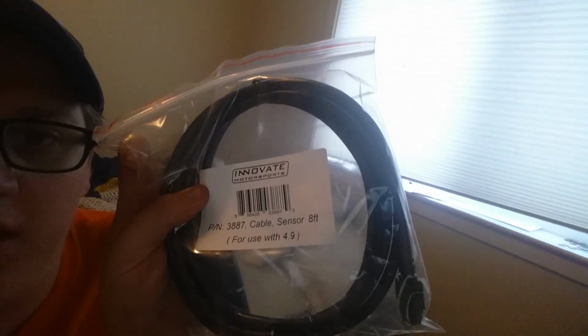throttle body. So that's that, and then the other thing we were waiting on to get started was a wideband O2 controller, and I actually purchased from Innovate Motorsports the Innovate LC1 wideband O2 sensor system. Got the one with the pretty blue gauge, so it's nice to look at, and I'm going to try and rig up a pillar pod for my gauges once we get that set up. But as of now,